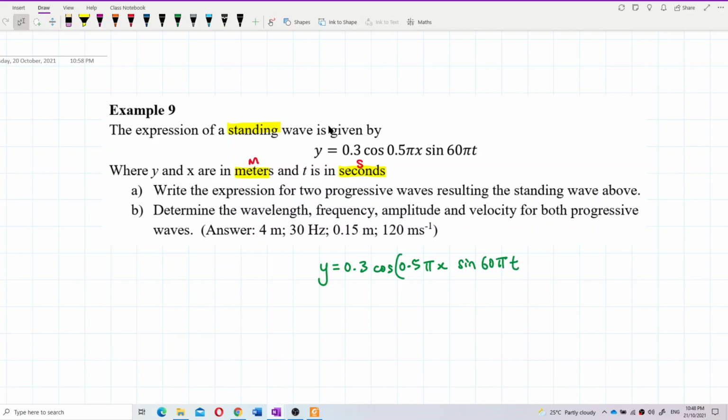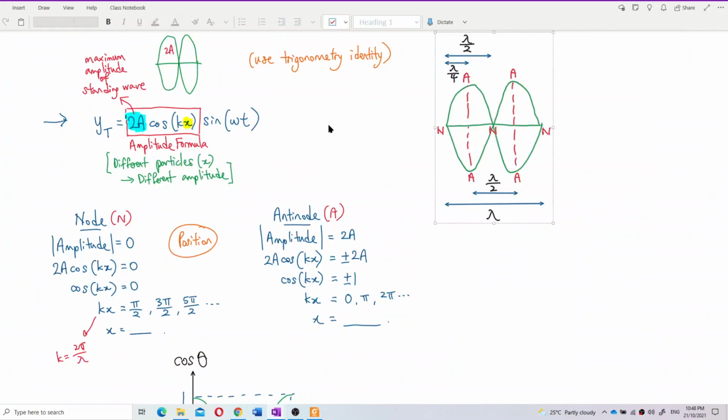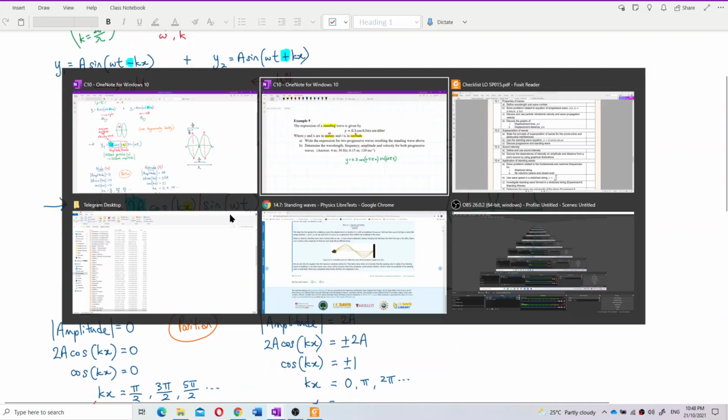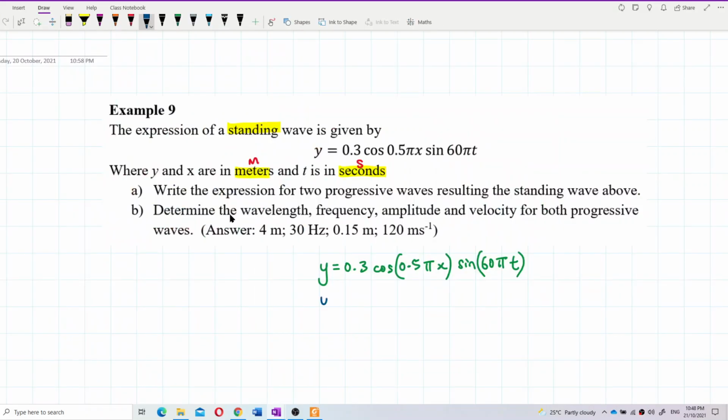Make some bracket here. Okay. Relate to the general formula. General formula of standing wave is 2a cos kx sine omega t. Okay. y equal to